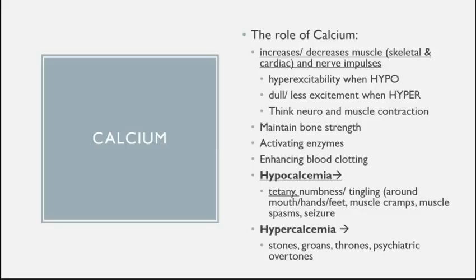Calcium is important for bone strength. It helps activate enzymes. Do not forget that we need vitamin D, which is a vitamin, but I think of it like a hormone. Your kidney activates that vitamin D so that calcium can be absorbed into the bone. Calcium is regulated by the parathyroid. It is also regulated by calcitonin that is released from the thyroid gland. Calcium also helps with blood clotting.